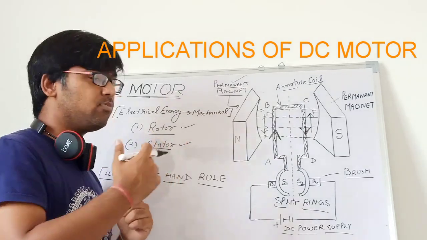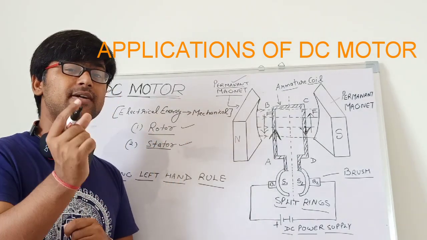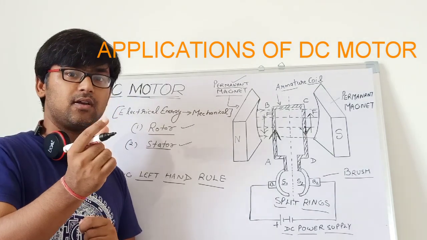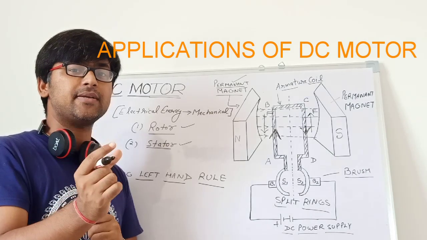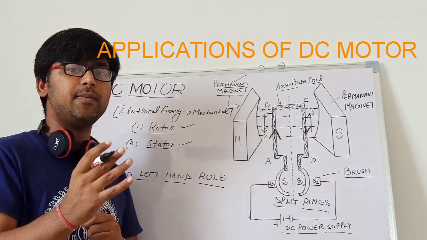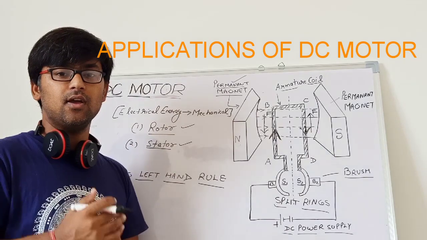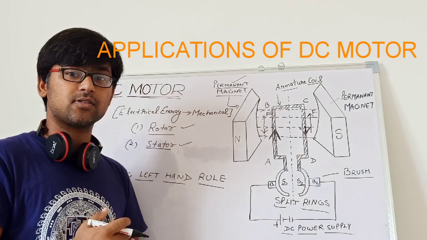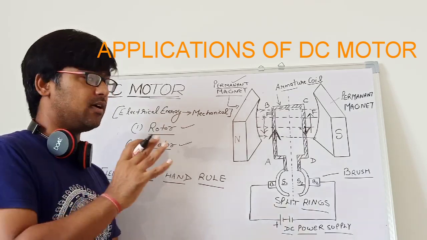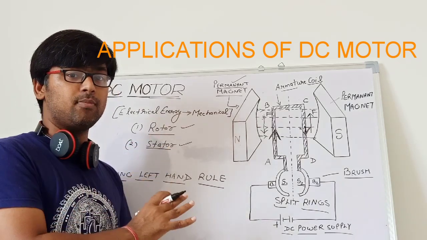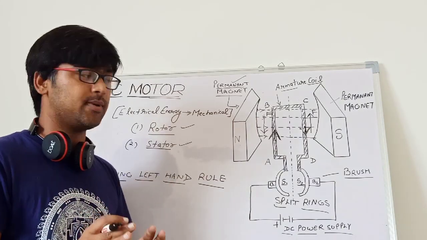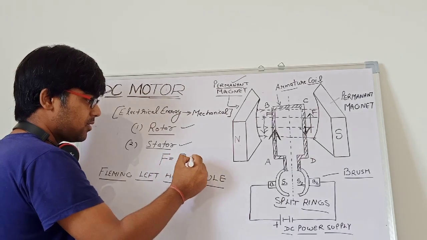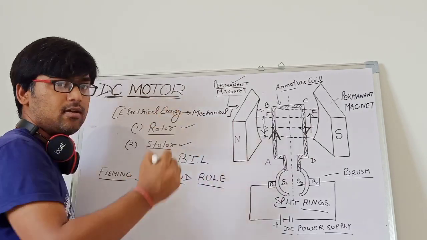If I take a few examples, we have the trimmer. In trimmers we use a DC motor because it rotates at a constant speed. There is no need to change the speed of the trimmer, clear? So for anything needing a constant speed, we can use a DC motor, whether it is a trimmer, toys, or windshield wipers of cars, all of these use a DC motor, clear? So this is all about the DC motor, and the force which it finally feels, the formula of force is going to be V, I and L.